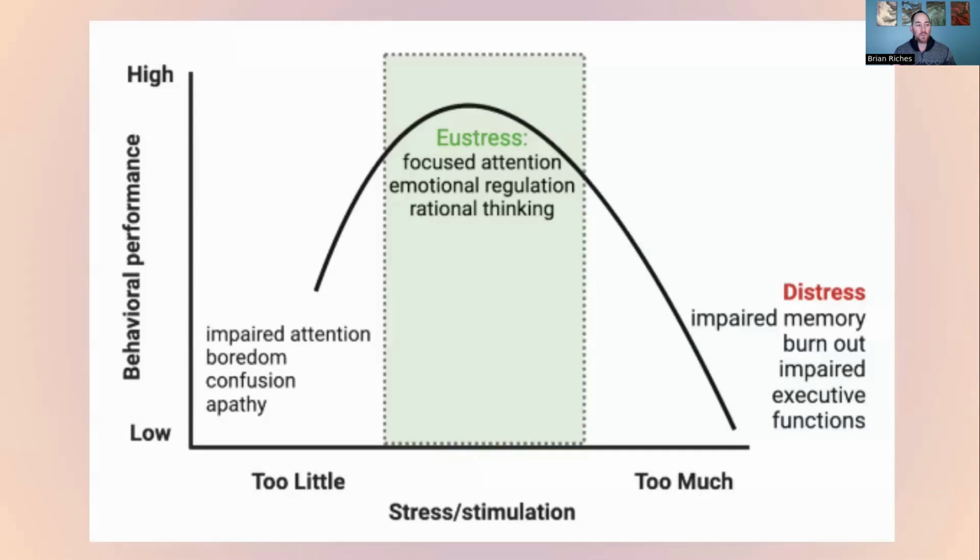We call this, in relation to physical or psychological or social stresses, the good range of stress, eustress, or I've heard it called eustress or eustress. So whichever one is correct, it looks like this. This is when you are in a state of focused attention, you can still emotionally regulate, you can calm down, you can charge yourself up, and you're able to think rationally, but you are a little more engaged, right? So when you're taking a test in my class, I would hope this is where you're